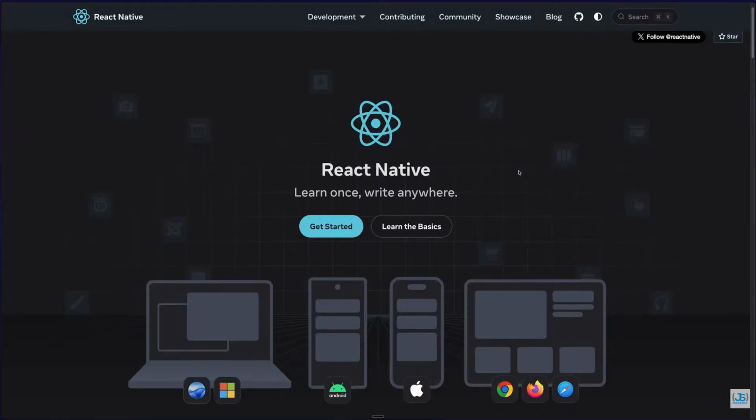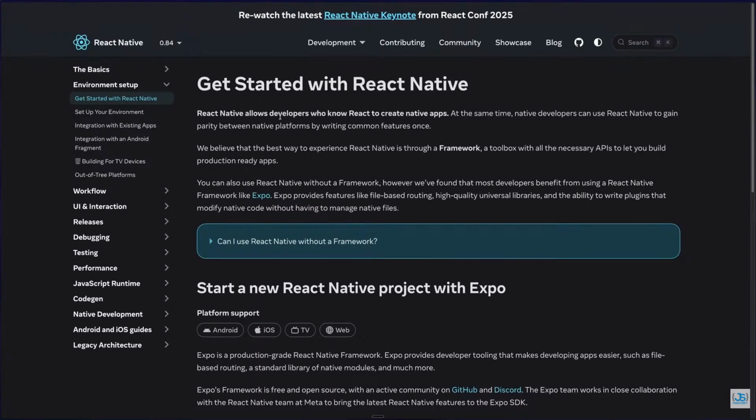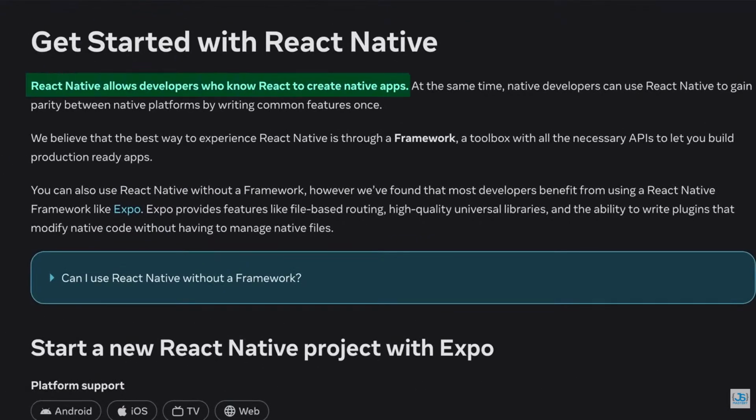reactnative.dev. This is the official React Native documentation maintained by Meta. Head over to Get Started, and you'll see something important right at the top. React Native allows developers who know React to create native apps. And then it says,